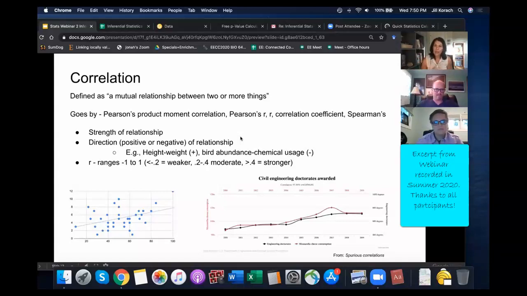Spearman's is a different type of correlation that basically, like Kevin did earlier when he did the log scale, somewhat similar in that you rank order your information and you're able to utilize Pearson's test once you've done it in this different way. So tonight we're just going to focus on Pearson's because I think that will be the best example for us to utilize. So what it's showing us is simply the strength of the relationship and the direction, if it's positive